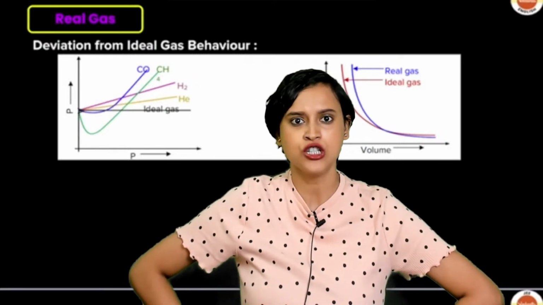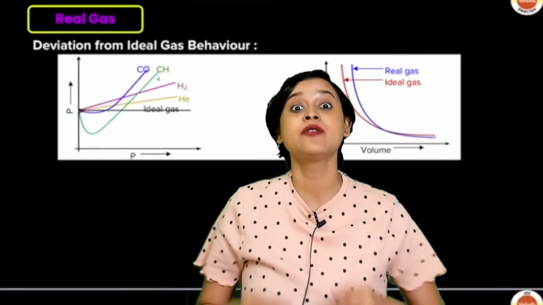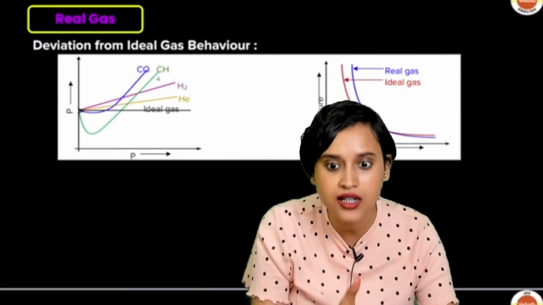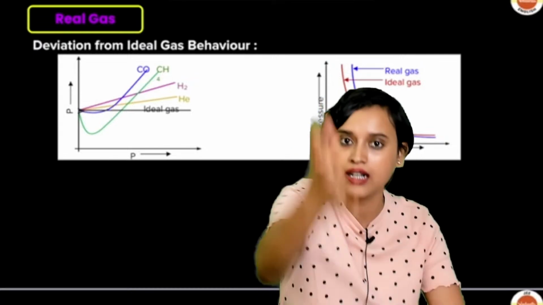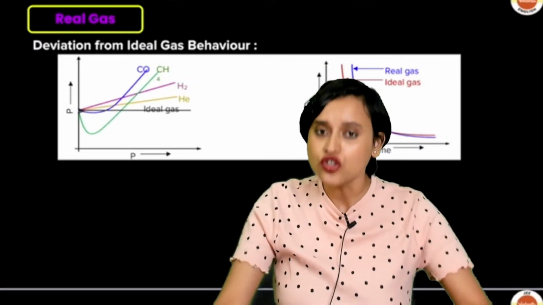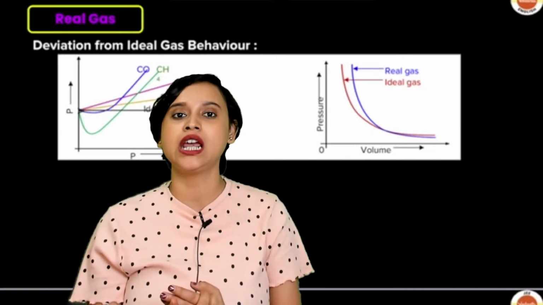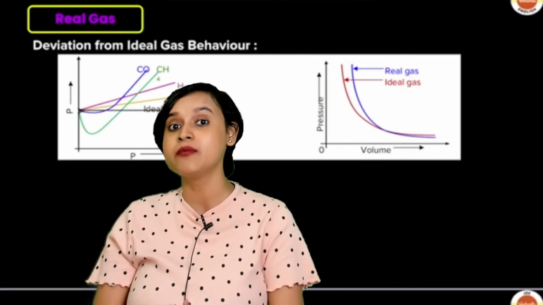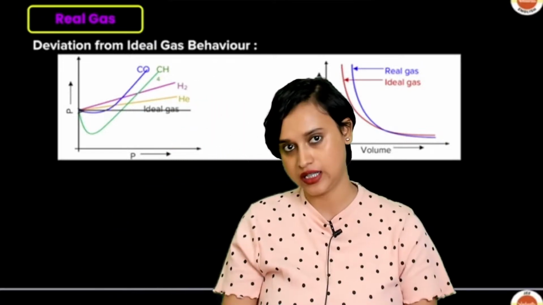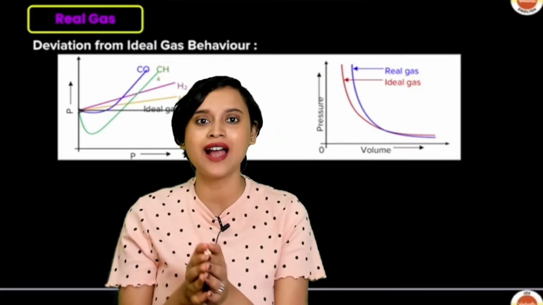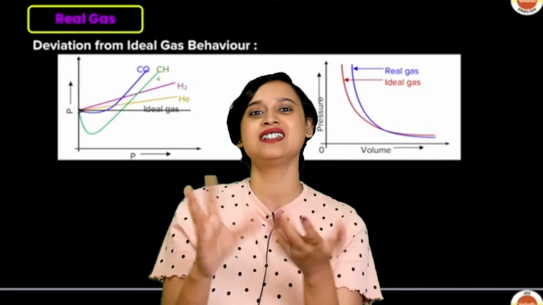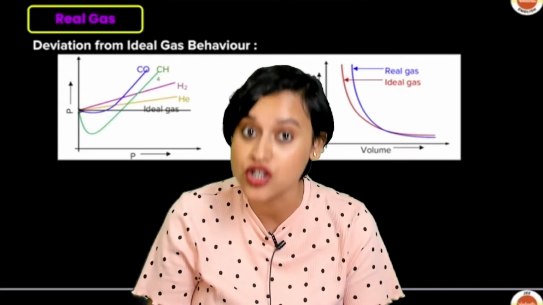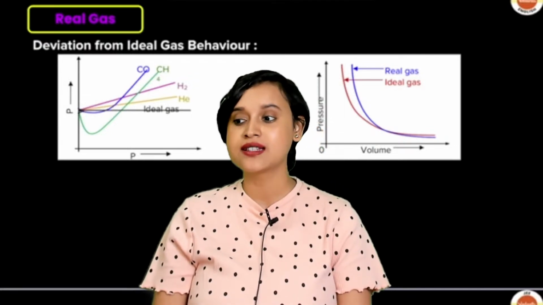I don't want to be close to each other, right? There will be repulsion. The repulsion will increase. So obviously there is definitely some interaction. These are 2-3 mistakes that the scientists made when they were writing the kinetic theory of gases. And that's when we saw that the formula PV equals nRT won't work, so we had to make some corrections.